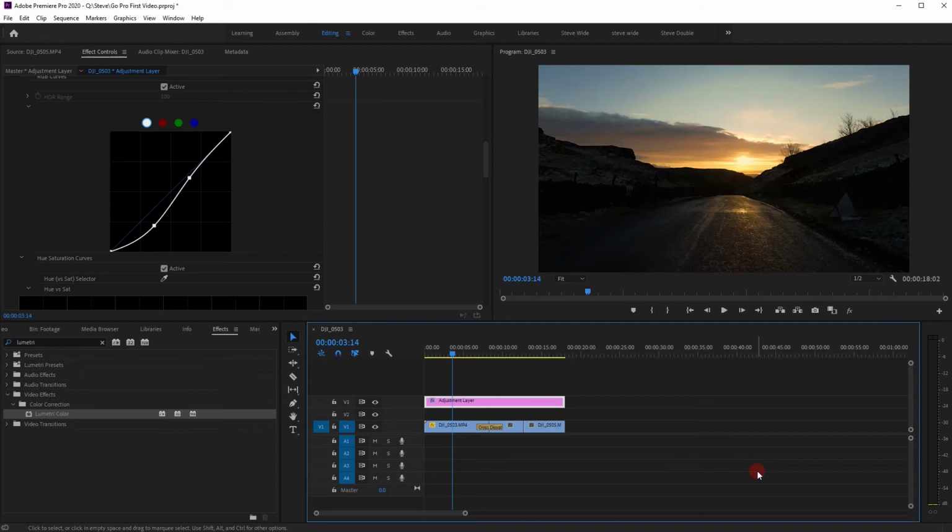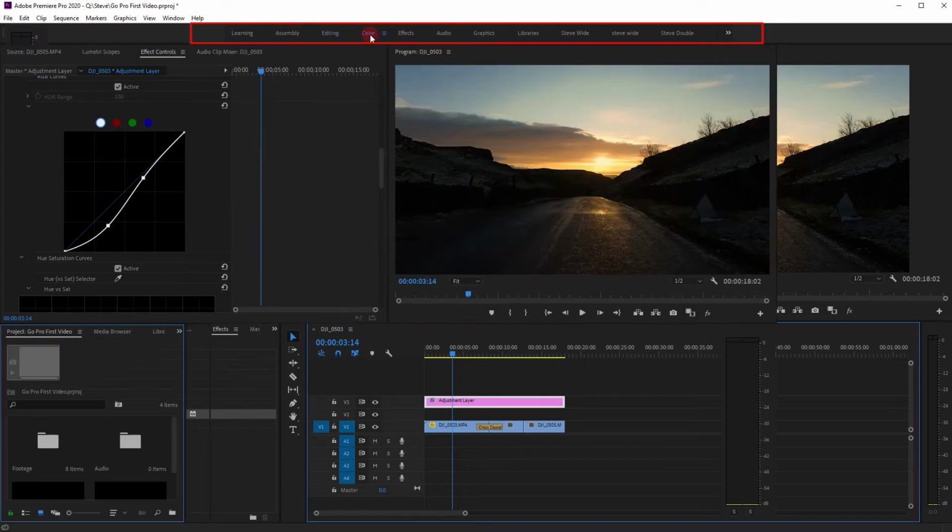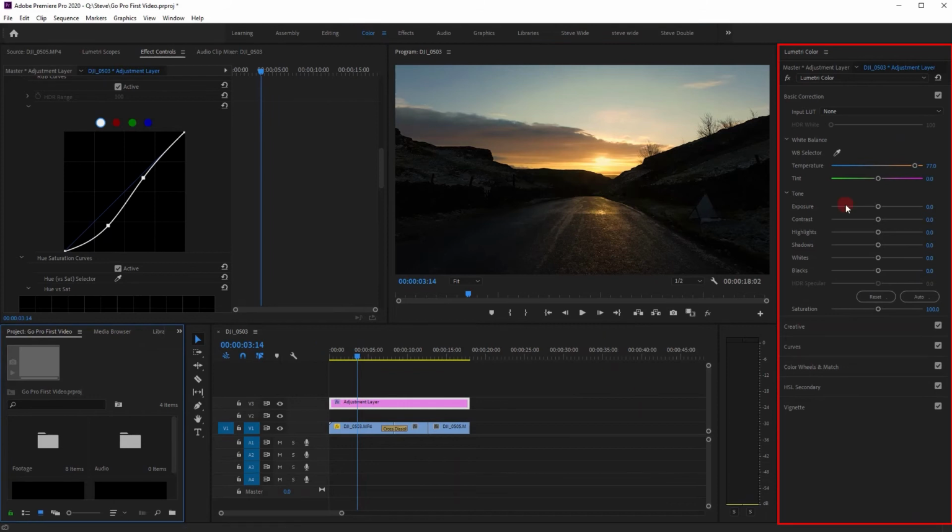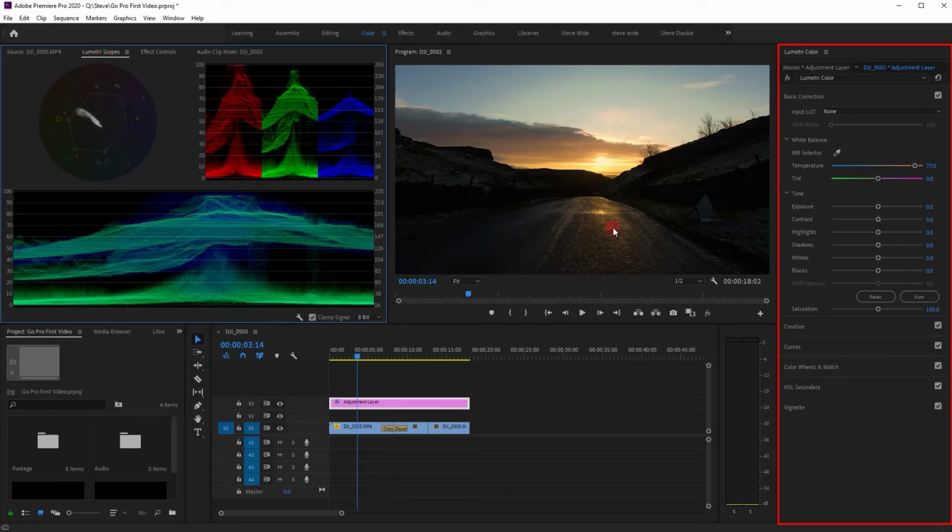Now we did mention before about color panels or different layouts to help with color grading. So if you click on the color one here, you'll notice that all your controls are automatically there. You've got the opportunity then to have your scopes on here if you want while you're grading, and everything becomes a lot more slick and easy. The other advantage